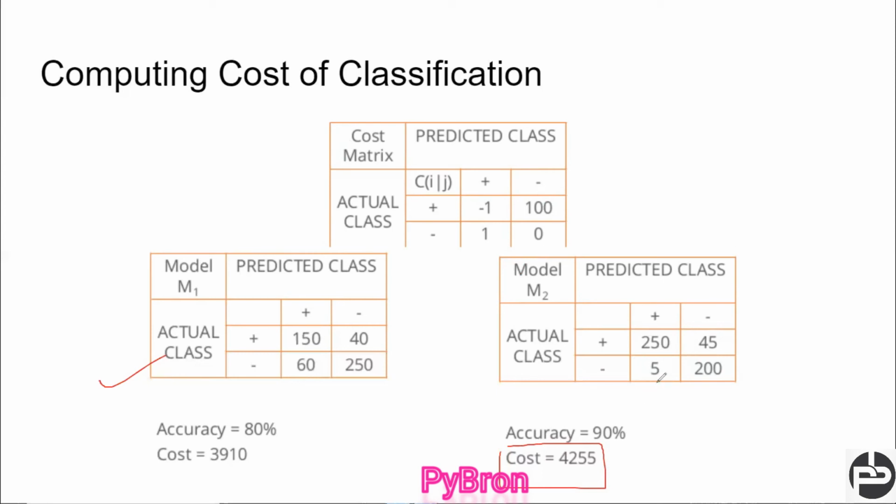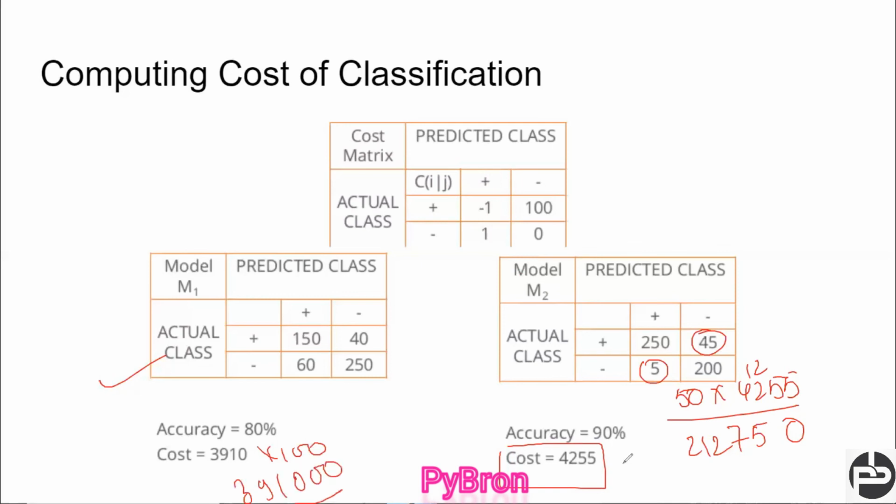Okay, I'll show you. The total wrong predictions are how many? 50. 45 plus 5, 50. 50 into 4255, if you apply that, then probably 25 and 25, 27 and 2, 12, 1, 21, 0. And in this case if you apply the cost, there are a total of 100 wrong predictions, so 100, and here I'll get 391,000. So which one is good? Here is the cost 391,000. Here the cost is 212,750. So here the cost is more, right?